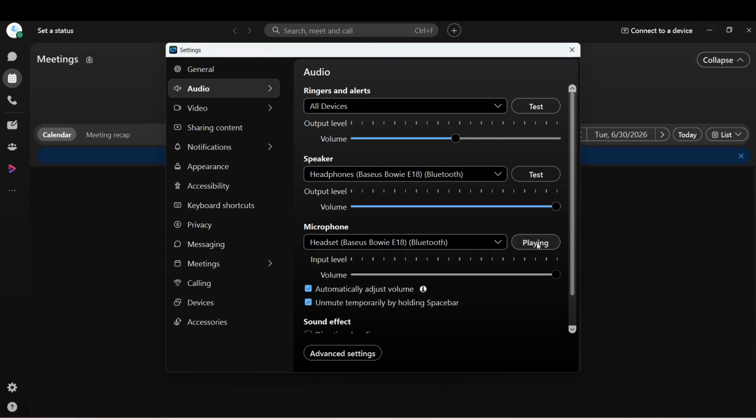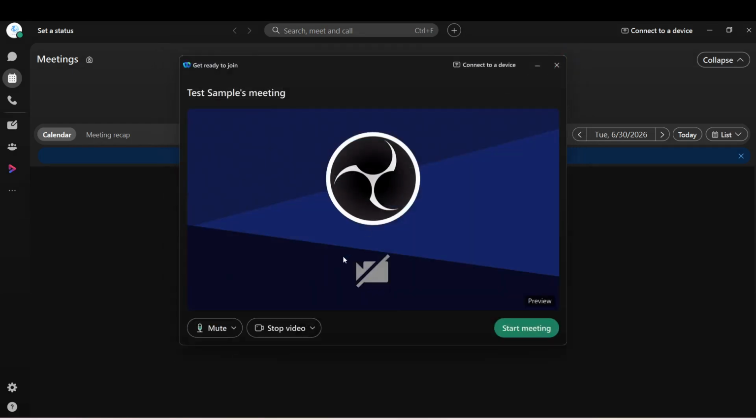By following these steps, you will be well prepared for your WebEx meetings. Each action you take plays a significant role in ensuring a smooth audio experience. Remember that setting up your audio properly not only enhances your participation, but also contributes to a more productive meeting environment. Now you are ready to engage effectively with your colleagues and enjoy your WebEx experience.